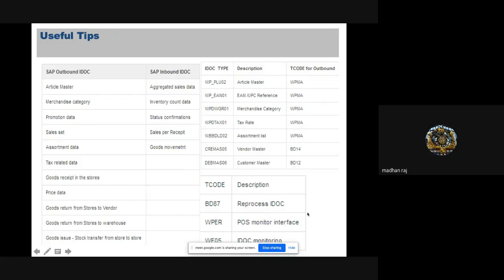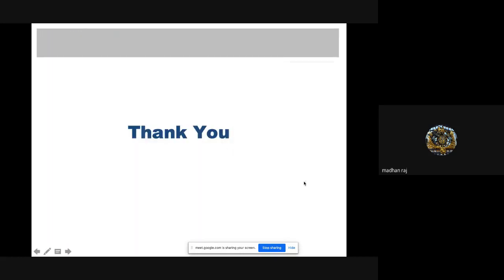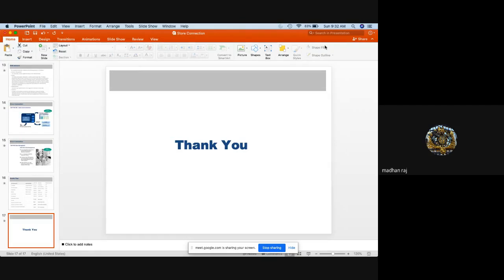Okay, and T code for processing different data. Okay, and T code for outbound processing. These are the different outbound messages. So if I take you to the system directly,